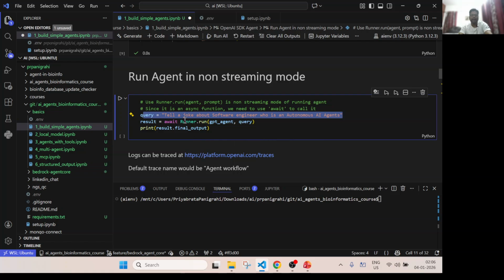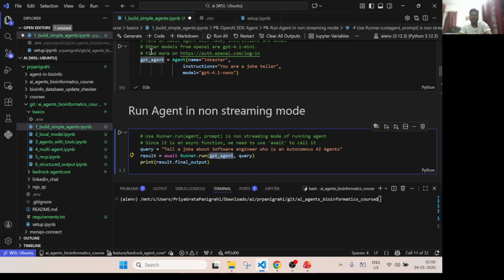This is the query, and now I'm calling runner.run. First I'm passing the agent I want to interact with, and what query I want to ask that agent. So two steps: agent and query, then runner.run, and then you put the keyword await, and now this will run that. What it will do is send this query